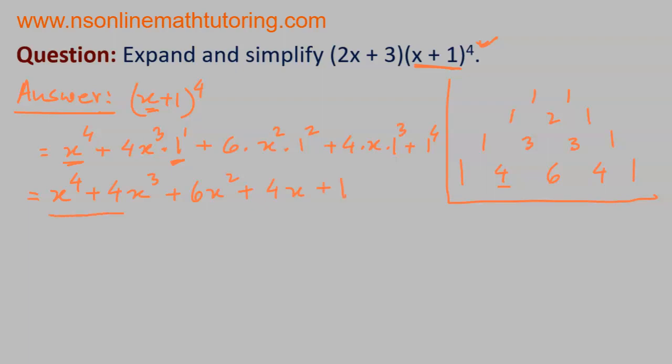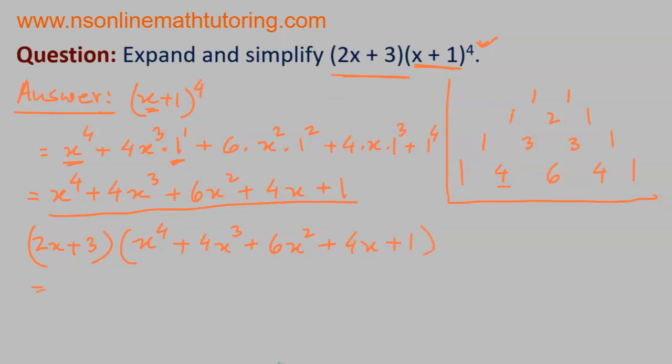This whole thing will get multiplied by 2x plus 3. So 2x plus 3 times x to the power of 4 plus 4x cube plus 6x square plus 4x plus 1